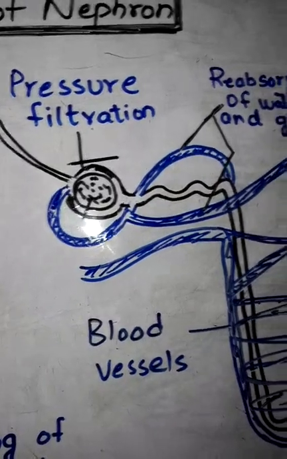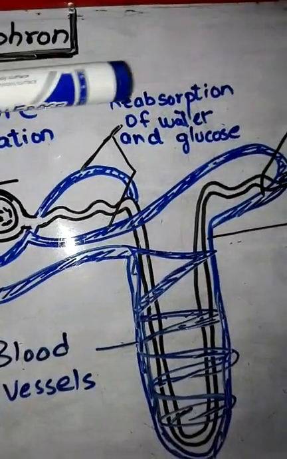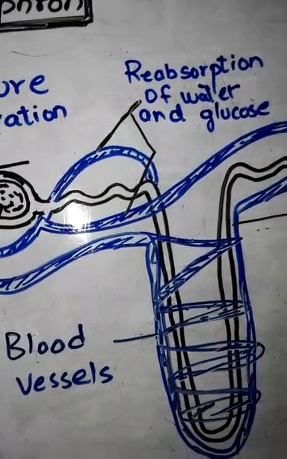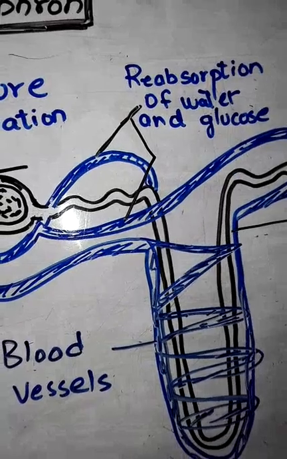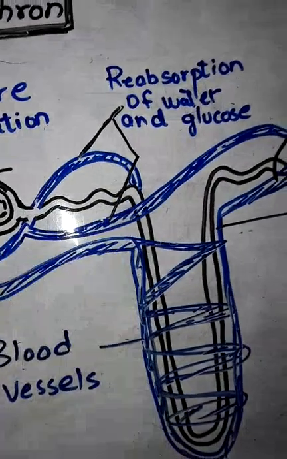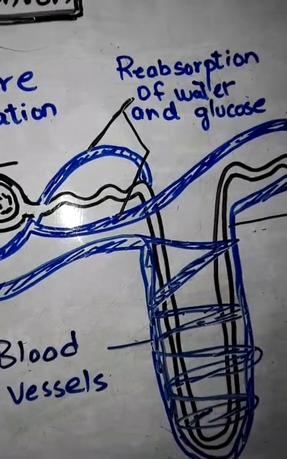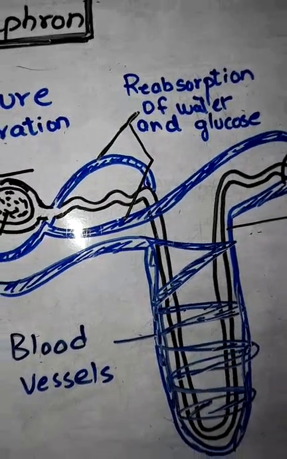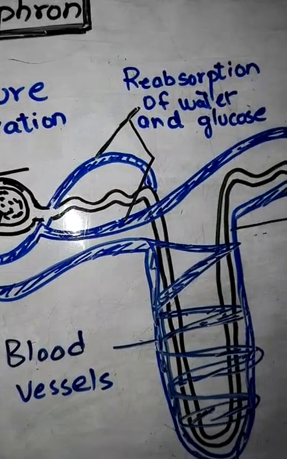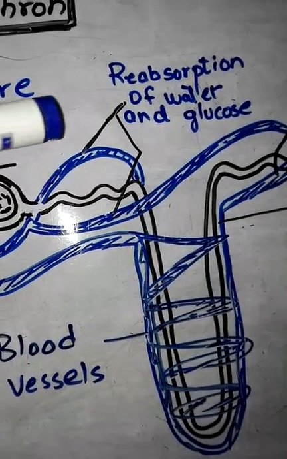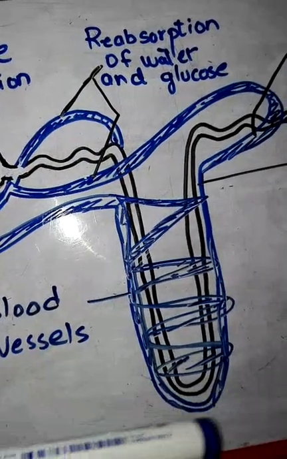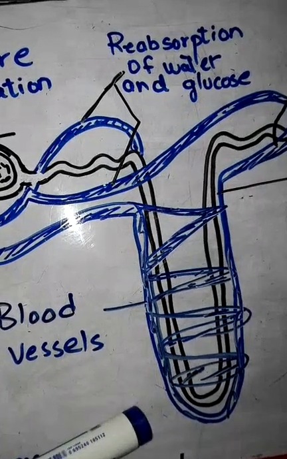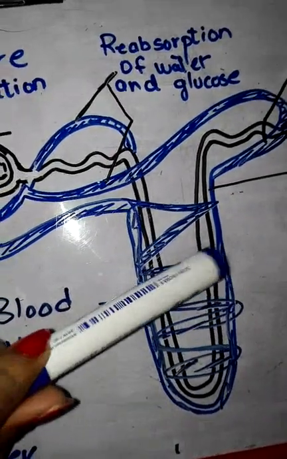Alright. Next step is selective reabsorption. Here takes place the reabsorption of salts, water and glucose. How does it happen? 99% of this filtrate moves to the next part for further reabsorption. Here salts are reabsorbed by active transport and osmosis. Remember these two processes. Okay. What happens next? Then this material is allowed to pass from the loop of Henle. Where is loop of Henle? This is the loop of Henle. It is allowed to pass from the descending loop of Henle to the ascending one.